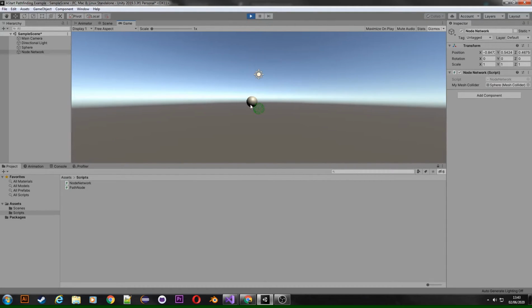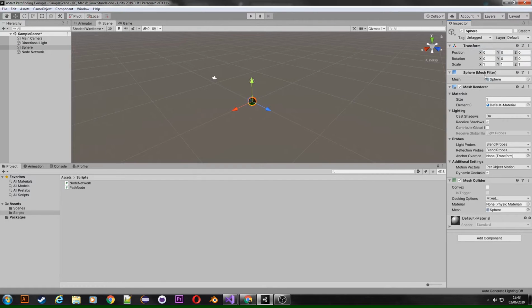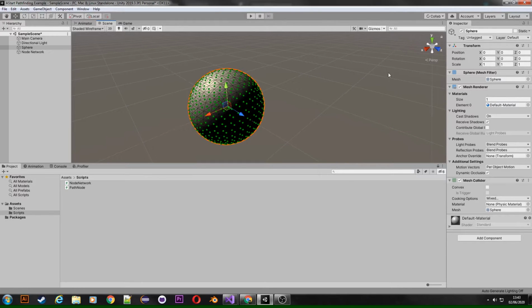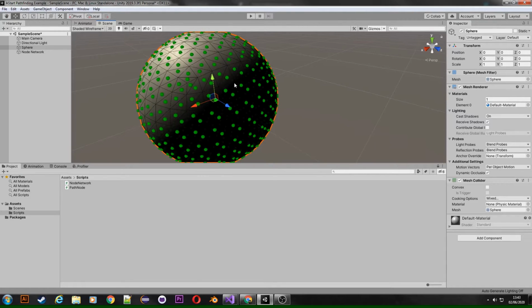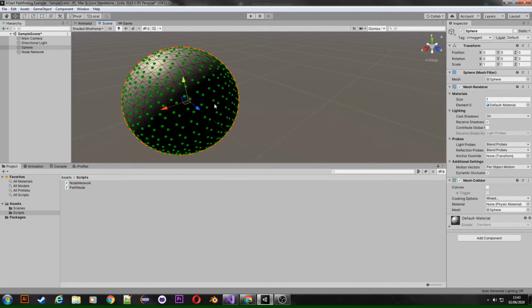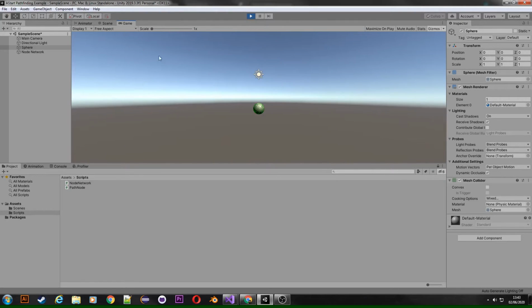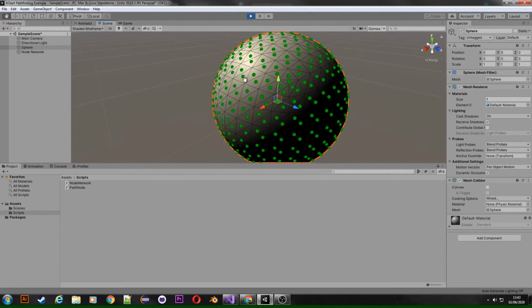oh, of course, this is the problem with working on our scale of 1 to 1 here. We actually need to recenter this sphere, so I'm just going to reset the transform. Like I said, if you do need to have this working on objects that aren't centered and don't have a scale of 1 to 1, you can do some matrix multiplication, or just offset the path nodes by our transform here. But for now, I'm just going to work in the center. So here we can see we have a node that is generated in the center of each of these triangles. And we can manipulate these nodes